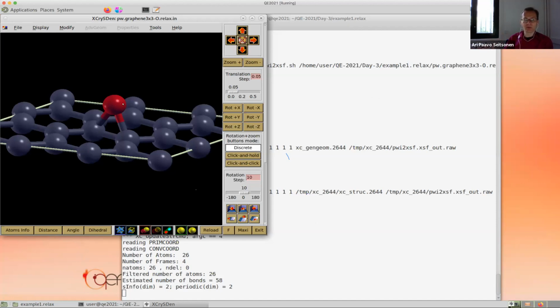You would have to do a convergence check if you do all the calculation in 3x3. Well, you could even start with a 2x2 supercell, 3x3, and 4x4, and then you would check when the parameters that you want, for example, the adsorption energy of this oxygen, are converged with the size of the supercell. So now it would be converging not only with respect to K points, but also the lateral dimension of the supercell. This is what you should do before starting this, because again, the oxygen now is above the plane, so